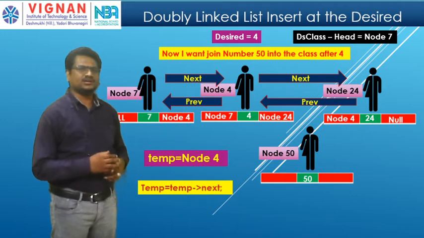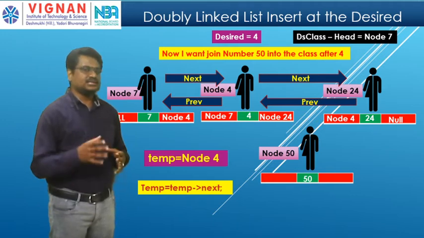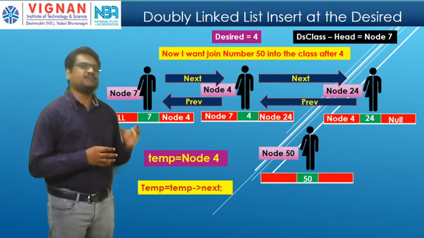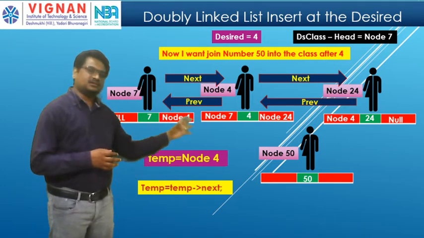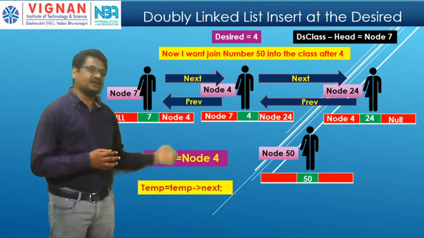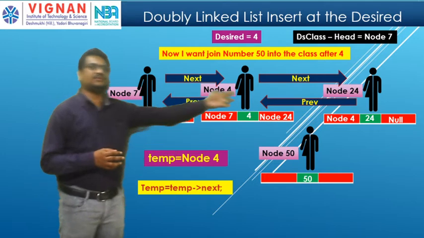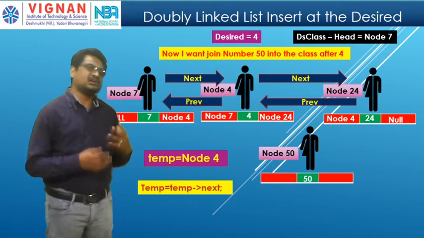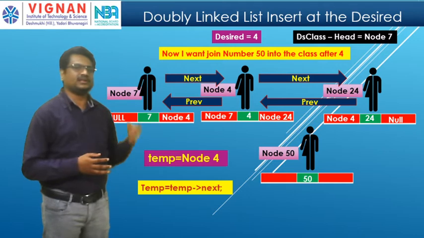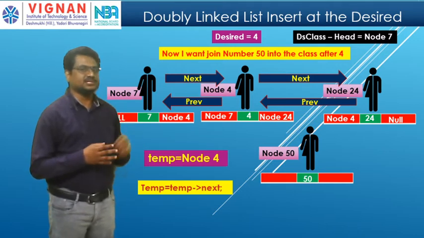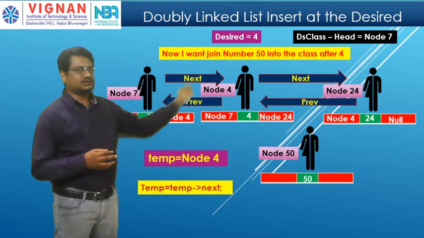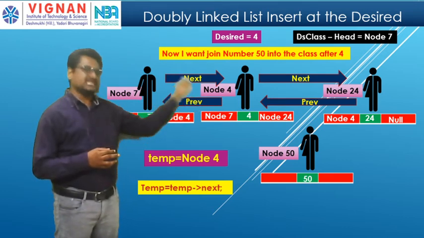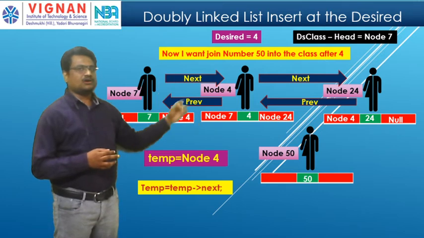So this process will be continued until I find the desired element. If I don't find the desired element, what will happen? It simply puts the error message. If I find the desired element, I will do the swapping. If I don't find the desired element, then it will go to the last element. In the last element also, if I don't find the desired element, then I will put an error message. Remember this one. Okay. Now this process is continued until I find the end element or desired element.